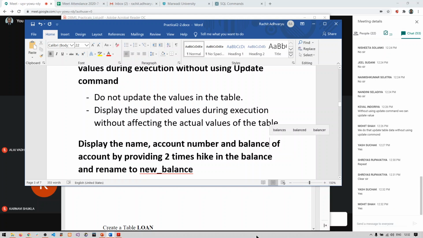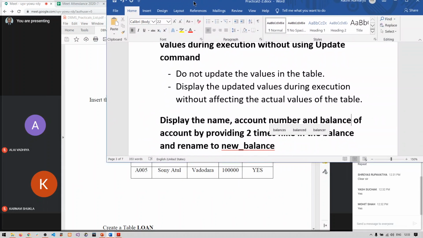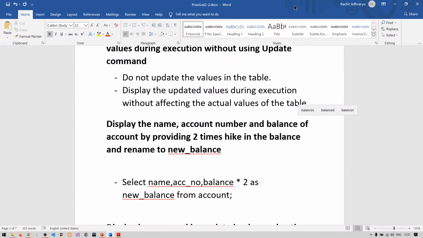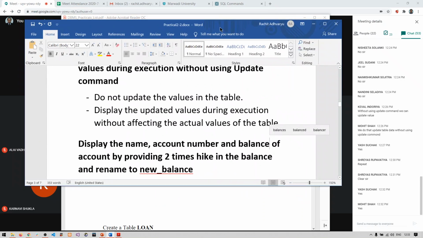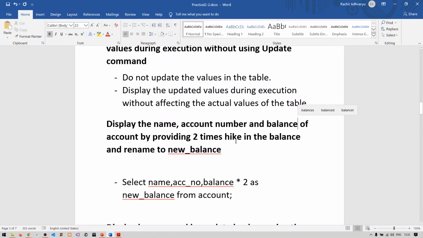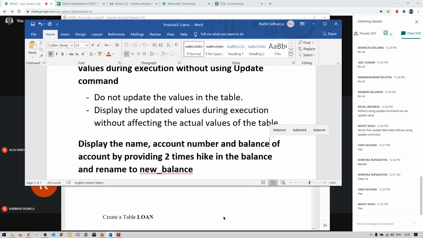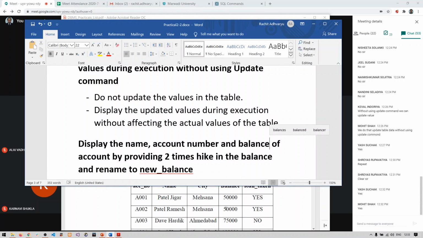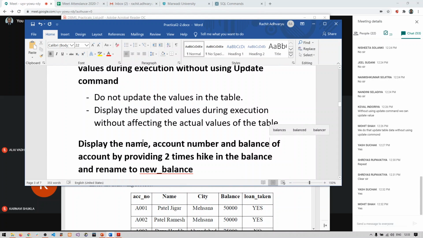Okay, fine. So let me come back to this account table. So if you can see now, this is my account table. Right. So if we compare these columns first, we have a name, yes. We have account number, yes, and we have a balance, yes. So we can use this table, right?